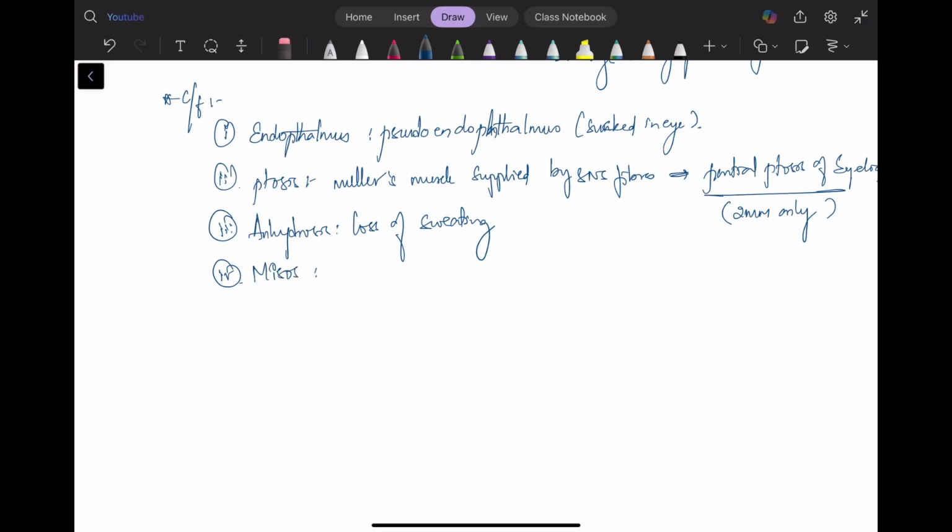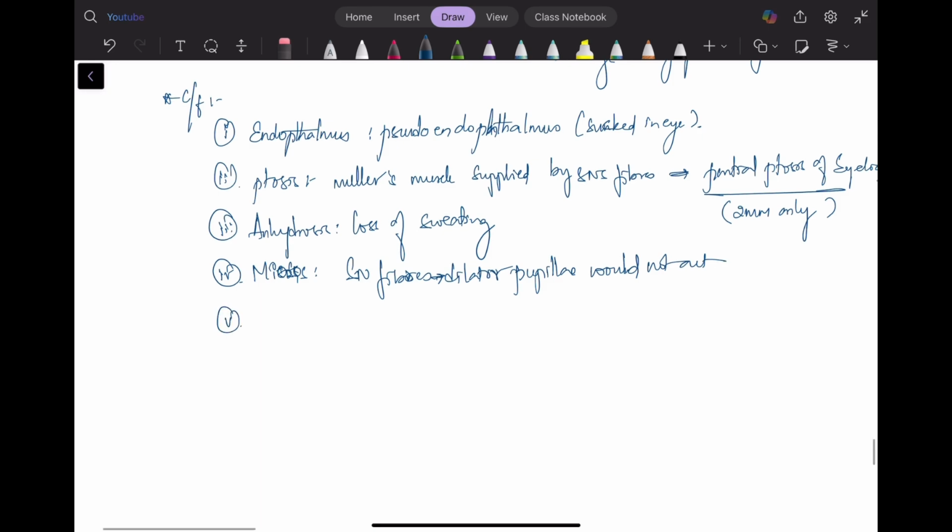Miosis, fibers which supply the dilator pupillae would not act. Basically, they are not acting. Function of the sympathetic fibers, yeah, let me know in the comment section. Okay,